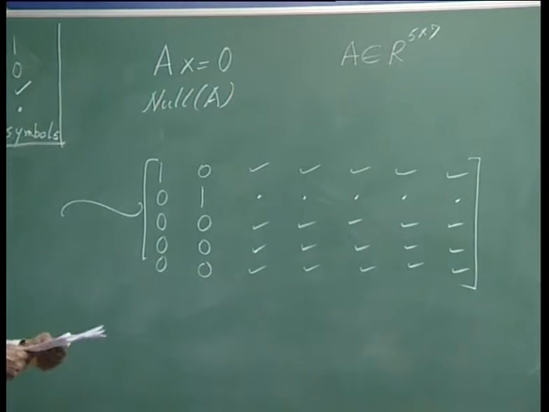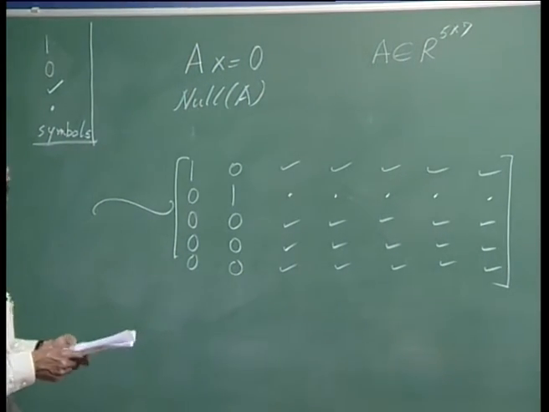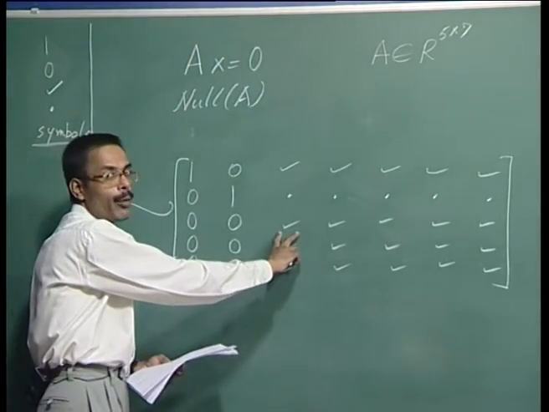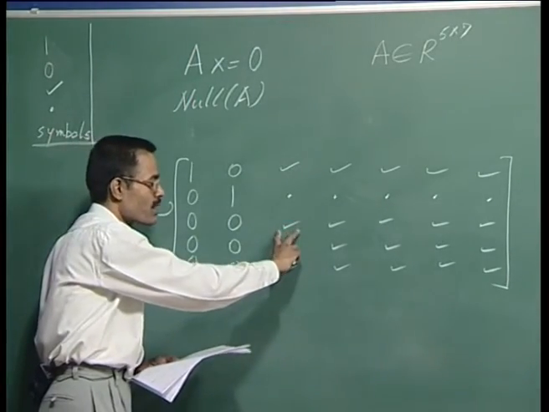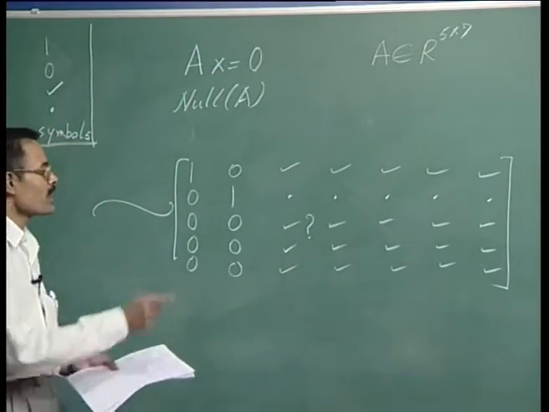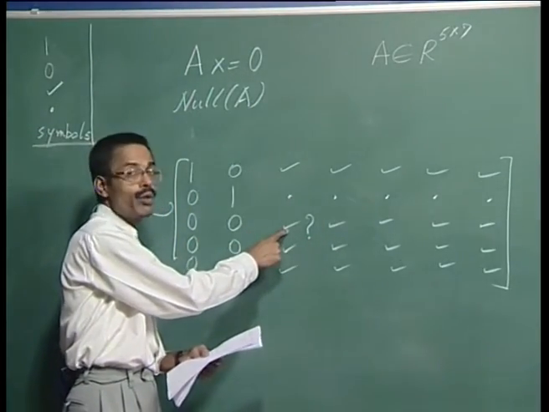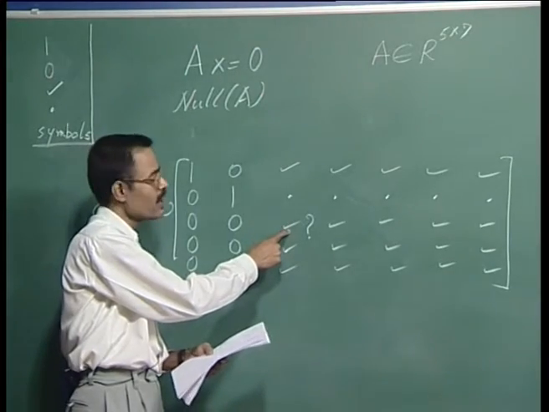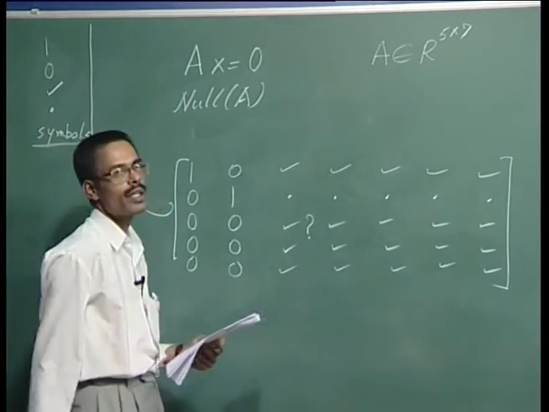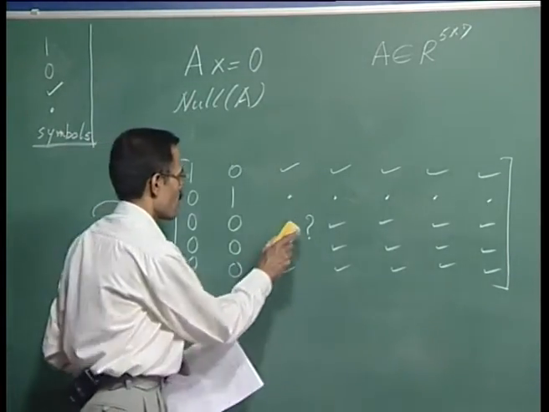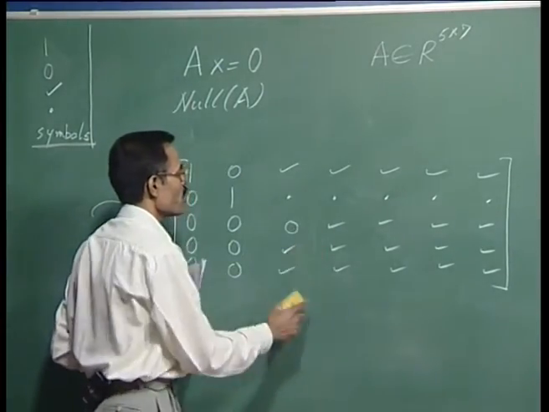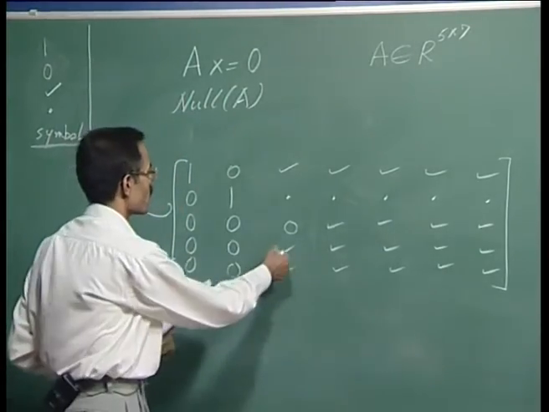Now, in the same process, what we will be looking forward next? After we have set these two columns, we will be asking for a 1 here. So, for that we need to first see what it is. This can be 0 or non-zero. What to do if this is non-zero? That we have already seen. We divide this row with this number. Now, let us suppose that in this particular case this turns out to be 0. If this turns out to be 0, then we examine what is below that, what is here.